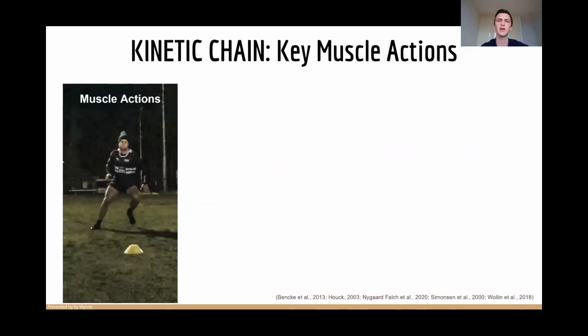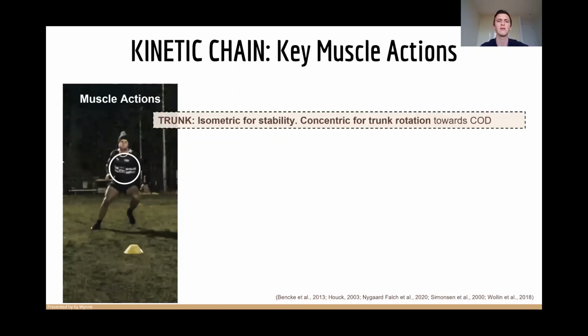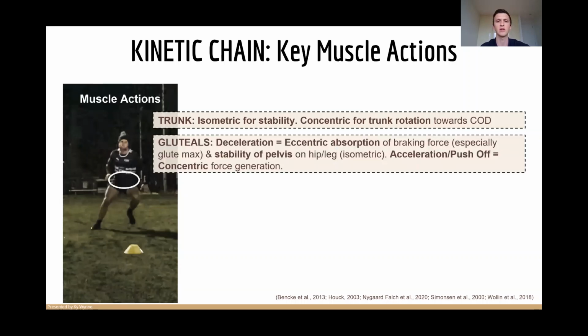We look at some of the key muscle actions in the kinetic chain in relation to this task. For the trunk, there's isometric roles for stability, but also concentric action for trunk rotation towards the direction of change of direction. The gluteals, there's deceleration phase, there's eccentric absorption of braking force, and also stability roles on the pelvis,